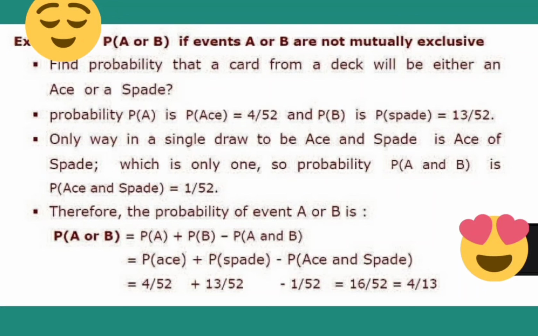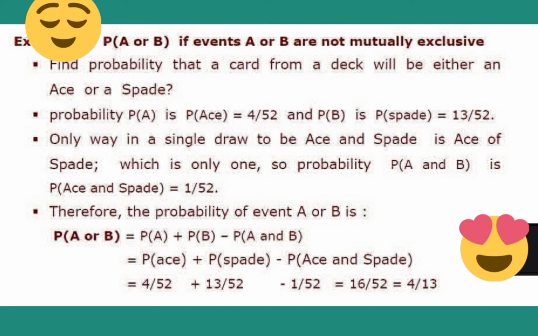Now let us deal with a probability problem. Find the probability that a card taken from a deck is either an ace or a spade. We have to find the probability of A or B, where the events A and B are not